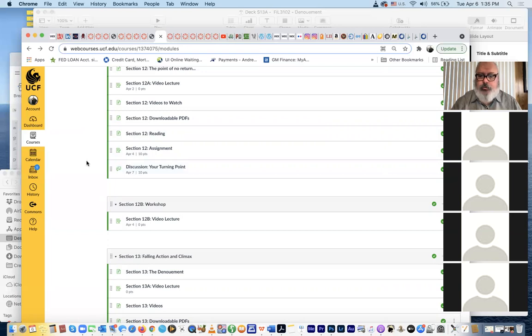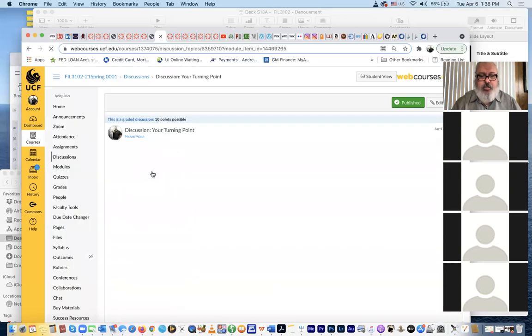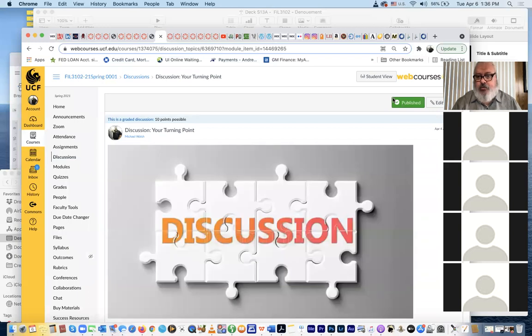Because it's still saying on my end, the topic is part of an unpublished module and is not available yet. That's odd because I have a green check here that indicates it's published and a green hash mark here, which is like a secondary. And if I open up the turning point discussion, you can see how it says published here. Yeah. So I'm wondering, have you tried refreshing your browser just to make sure that it's not cookies on your end that aren't adjusting?